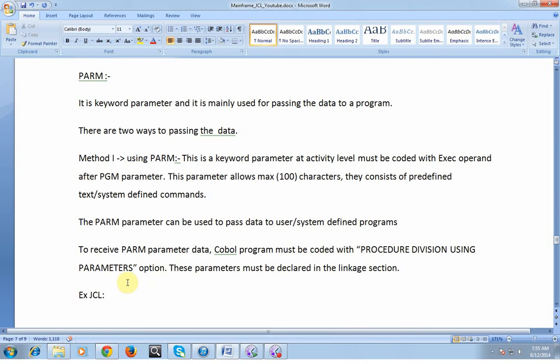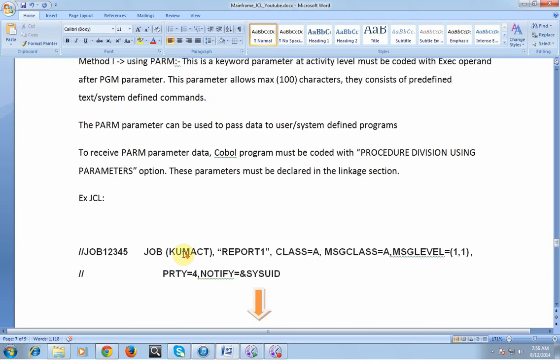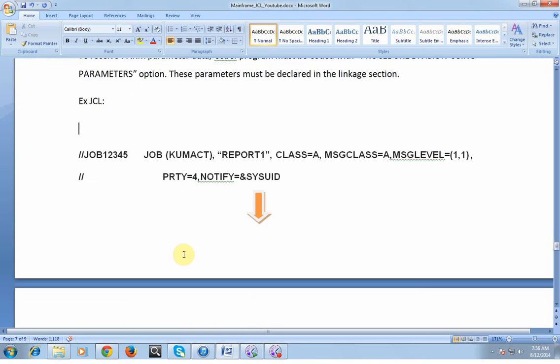In order to pass these parameters, you need to declare a variable in the linkage section, so that when we pass a value through a PARM parameter, it can accept it and use it for processing in the COBOL program. We will look at an example of how we do this.